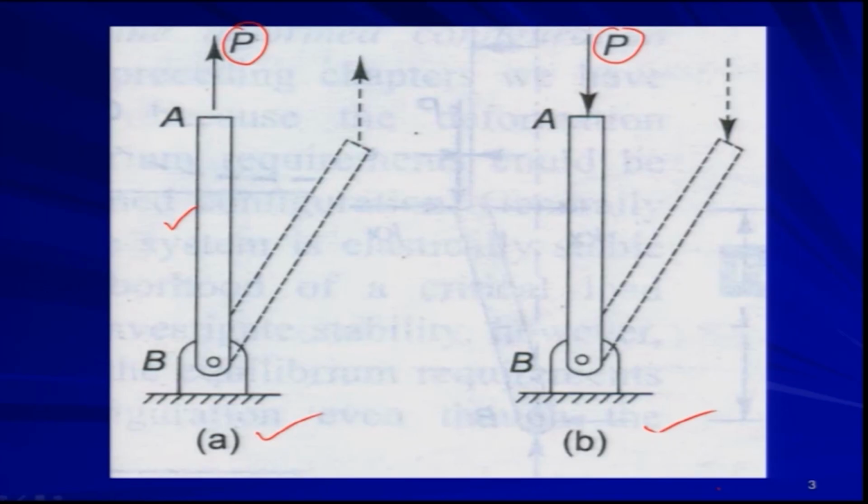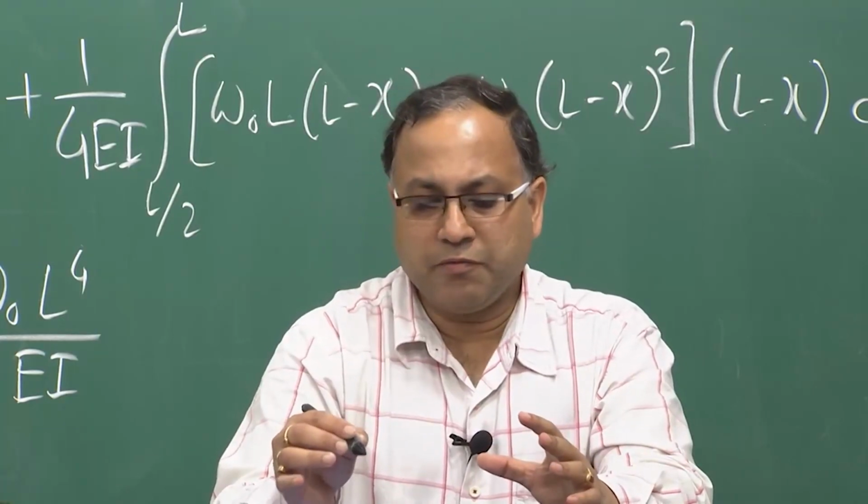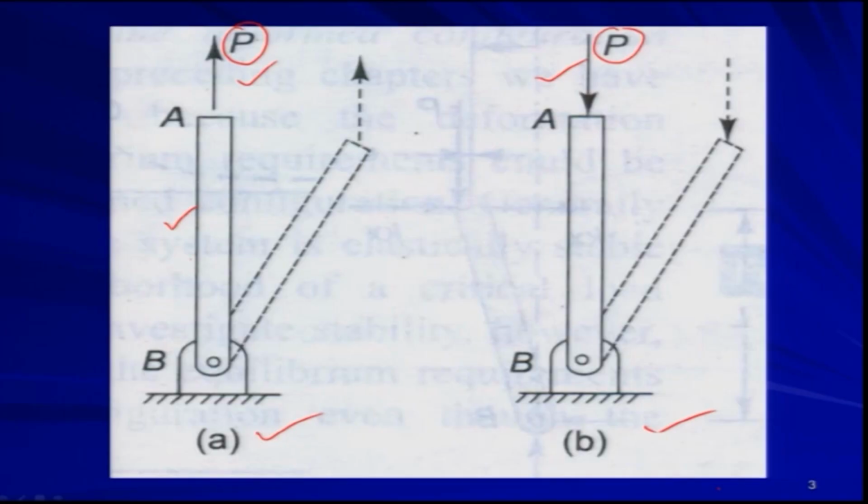Okay. So, in this case compression, in this case tension, but if due to this application of the load, the slender member is taking the position like this, right, that means your equilibrium is not stable. So, this is your unstable situation,